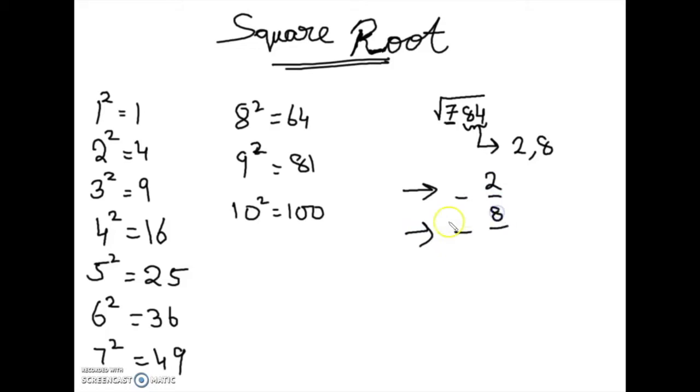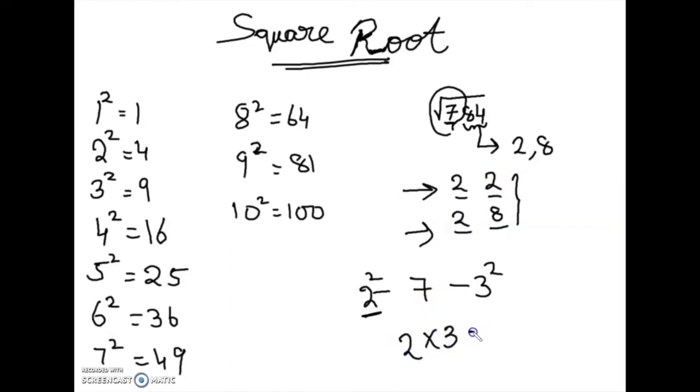As it is a 3-digit number, the square root is going to be a 2-digit number. The second part is 7, and 7 is lying in between the squares 2 square, which is 4, and 3 square, which is 9. So the least number, 2, is going to be in the first place. The possibilities are either 22 or 28. Now simply multiply 2 with 3 and you will end up with 6. If you compare 7 with 6, 7 is always greater than 6, so we are supposed to pick the largest number, which is 28. So 28 is the square root of 784.